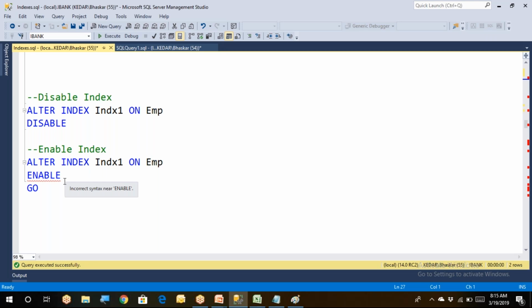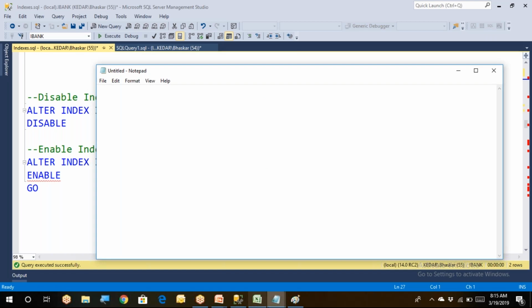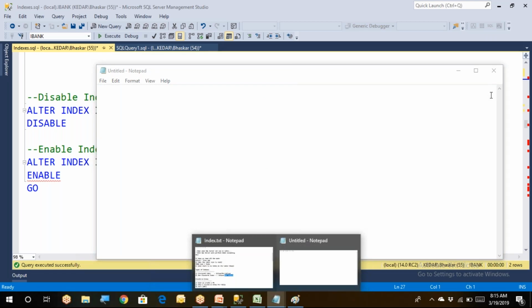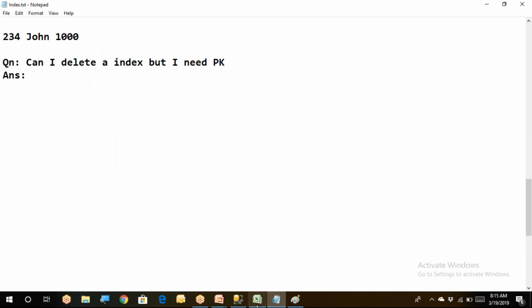One of the interview questions is: I'm inserting a lot of data into one server or one table, which is taking a lot of time. So what should I do? People would ask you this question. Let me close this. When I do any kind of insert operation,